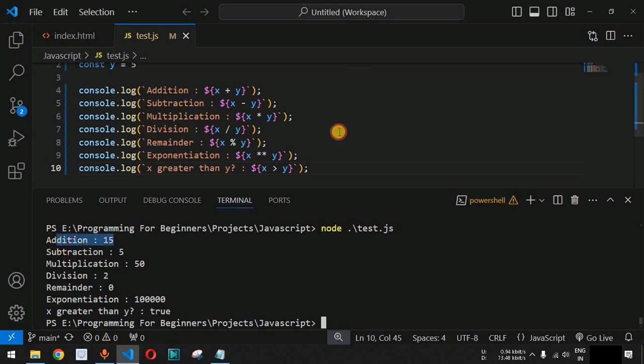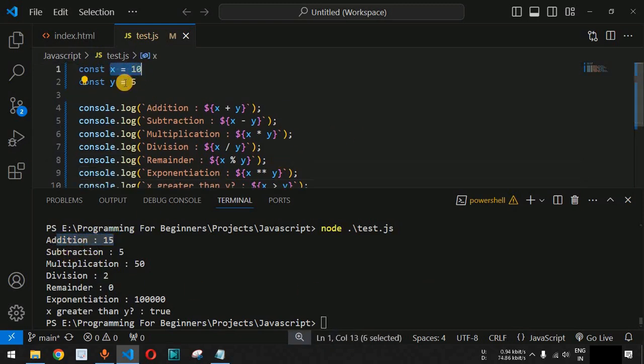we are getting addition, it is equal to 15. Since 10 plus 5, it is equal to 15 over here. Then 10 minus 5, it is 5. So we are getting the subtraction as 5 in this case. And for the multiplication, we are getting 10 multiplied by 5, which is equal to 50 over here. Then 10 divided by 5, we are getting the quotient as 2, and 10 divided by 5, for the remainder part we are getting 0. That's because 10 is exactly divisible by 5 over here and we are not getting any remainder apart from 0